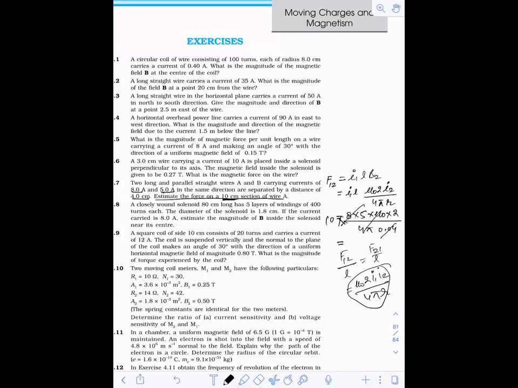Okay, you'll not get 40 to the power. 2 into 10 power minus 5 is correct, because this mu naught upon 4 pi will give me 10 power minus 6. Okay, and this is 8 into 5 and this is 4. So when you cancel this, I have to multiply here by 100, and then this will become 4, and then this will become 1000, 10 to the power minus 6, so 4, correct.